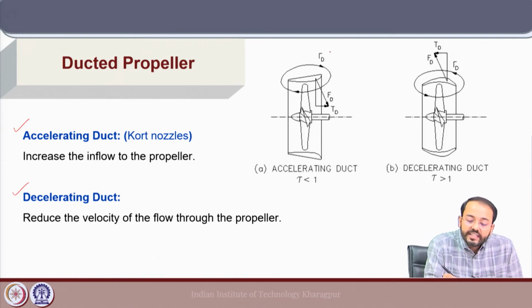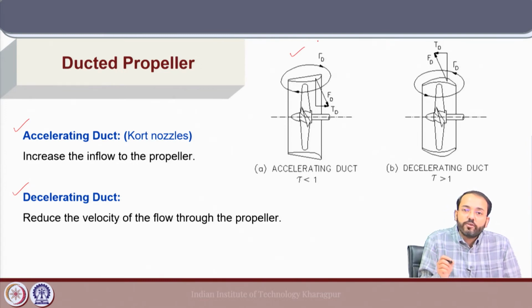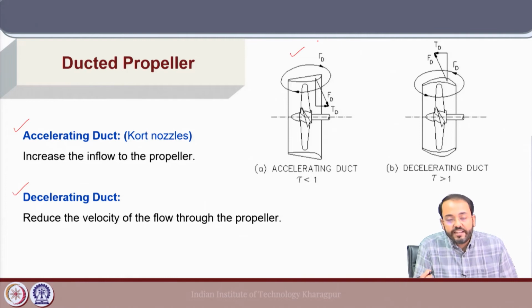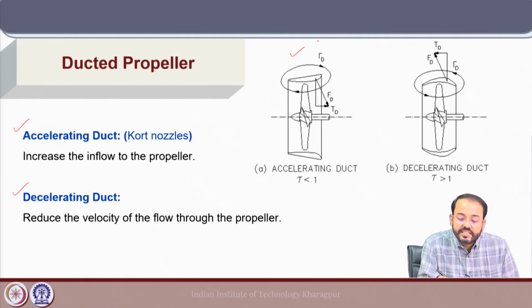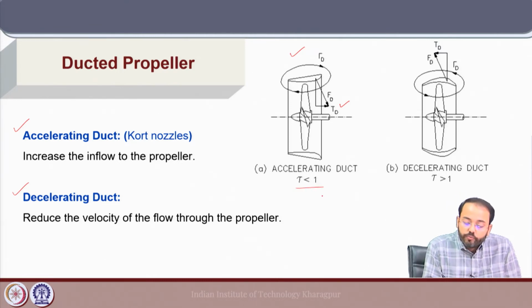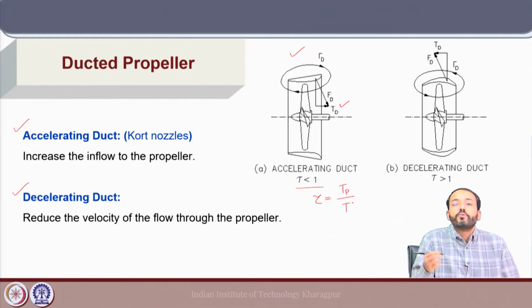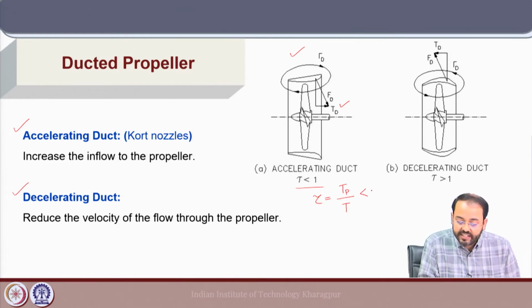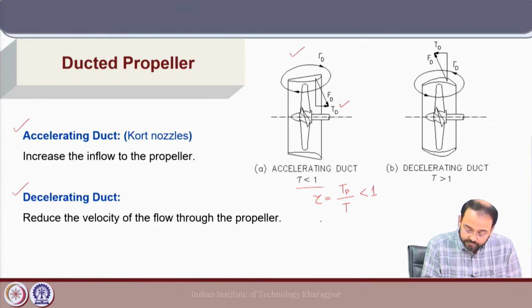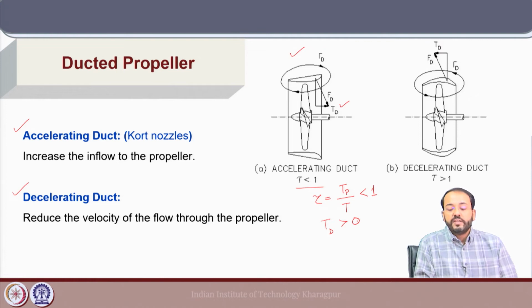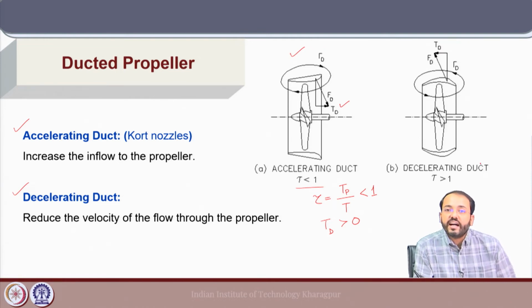Now, here we see the same diagram for an accelerating duct, where the circulation is shown around the duct and it generates a lift force, the forward component of which is the duct thrust, Td. So, in this particular duct, tau, which is Tp divided by T, the propeller thrust by the total thrust, is less than 1, because duct thrust is positive. On the other hand, for a decelerating duct, the circulation is generated in such a way,